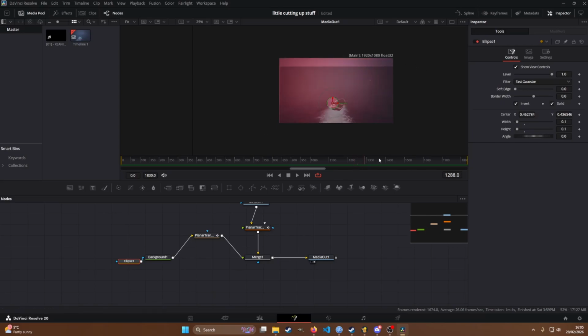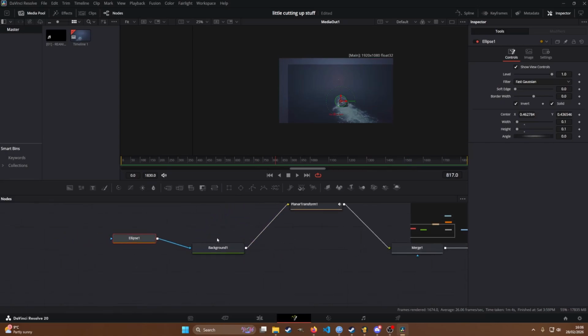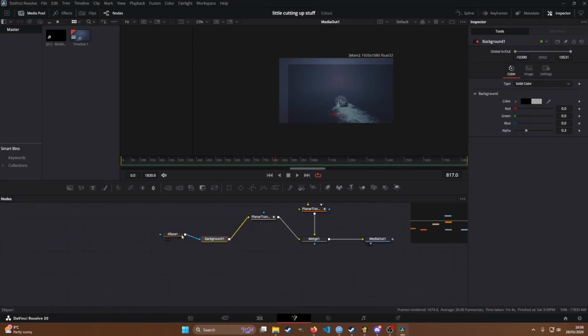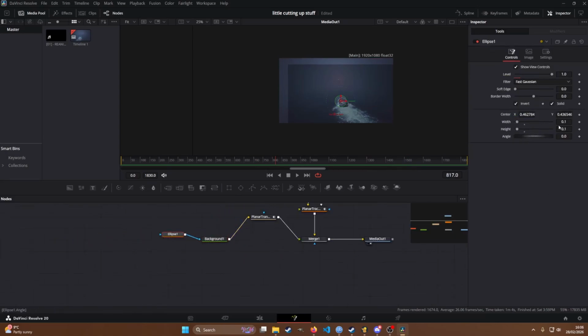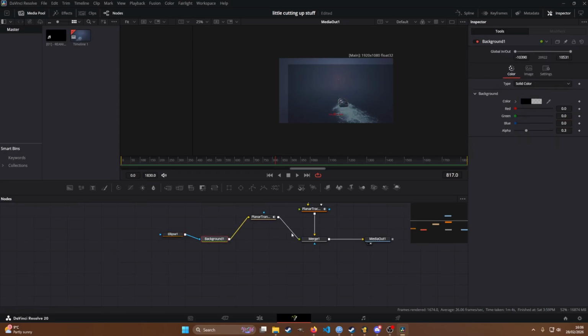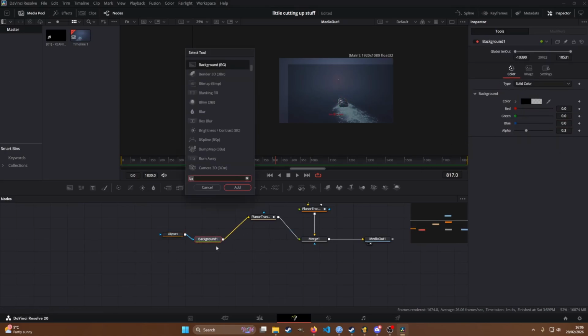The way that I fixed this, which is a bit like, you know, I don't know if it's really the best way of doing it, but the way that I fix this is, let's say I want my ellipse to be 0.1 in the final thing, right? I'm going to halve that. I'm going to make it 0.05 and 0.05. And then we're going to go to the background, and we're going to add a transform node